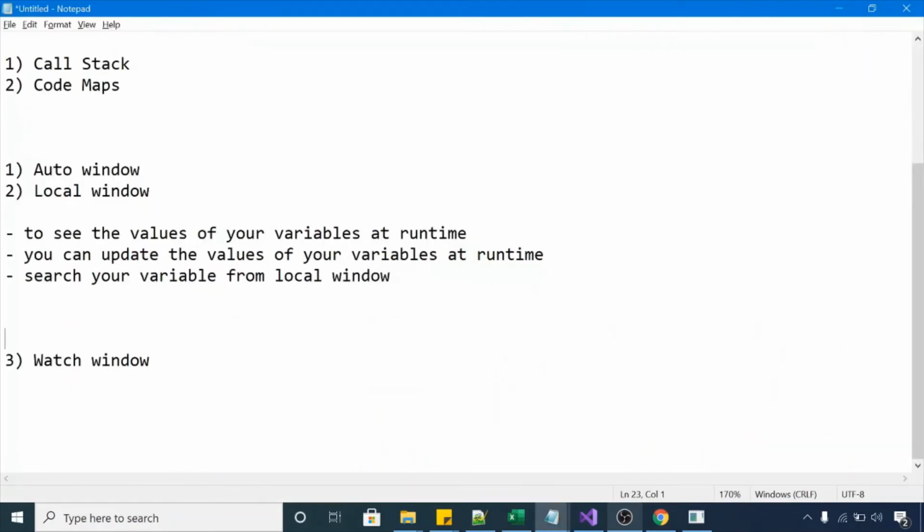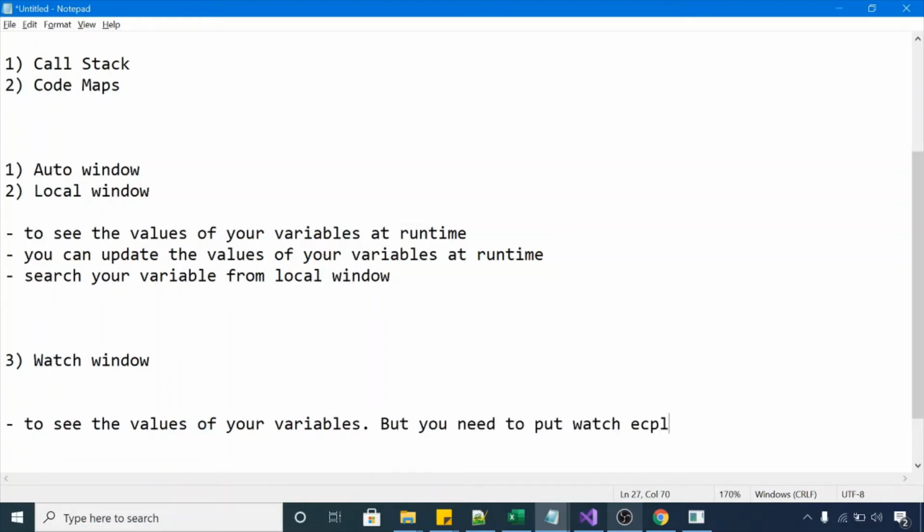So let me tell you what a watch window is. Again, this is just to see the values of your variables, but you need to put a watch explicitly. In a local window, it will automatically list all the variables in your current scope in your local method.